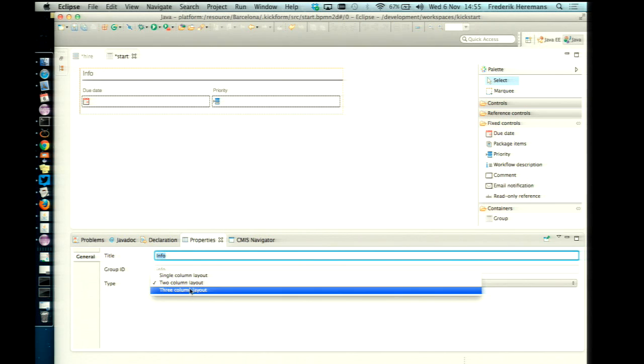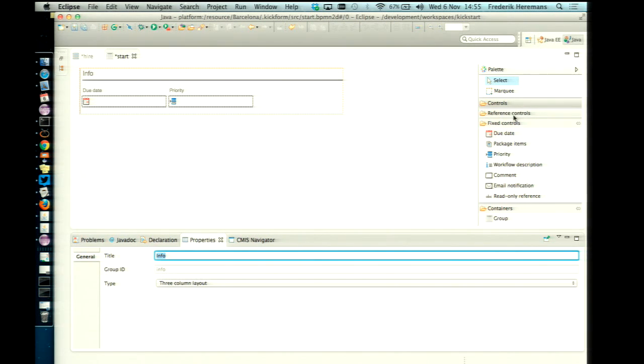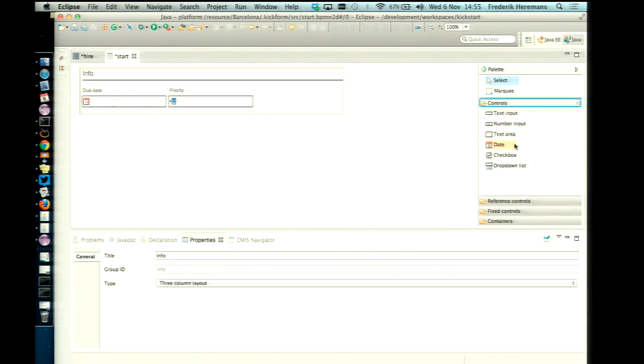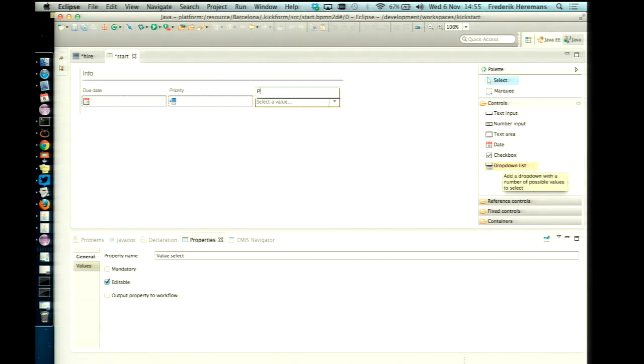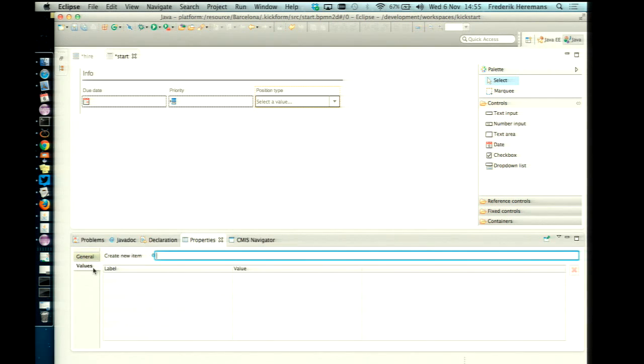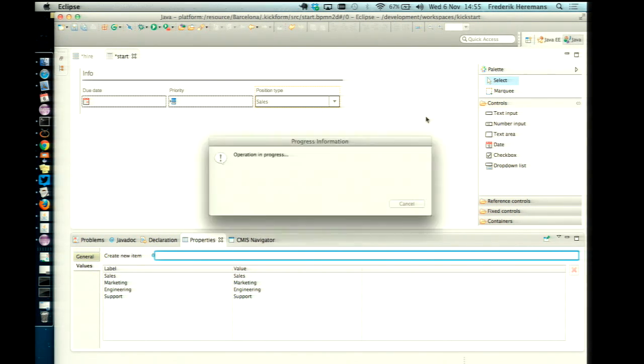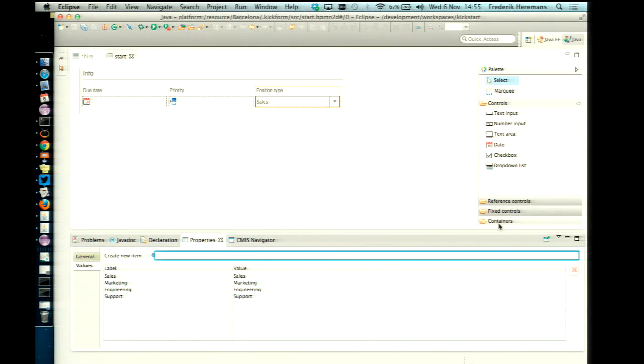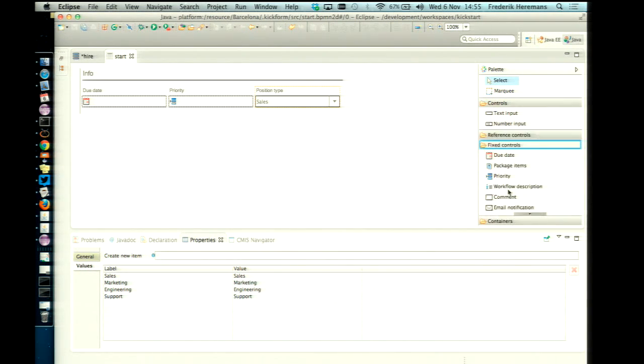And since we're doing a hiring process, we want to determine when it starts what type of job it is. So call it position type, and say it's either in sales, marketing, engineering, or support, whatever. Then we want to gather some information about the person who's applying for the job, so